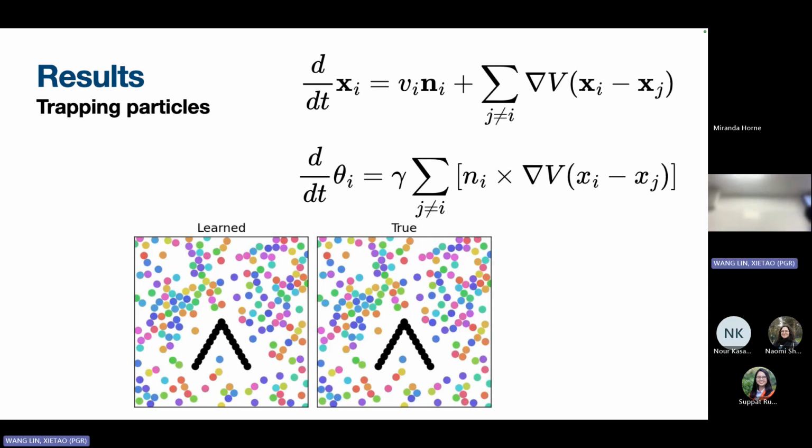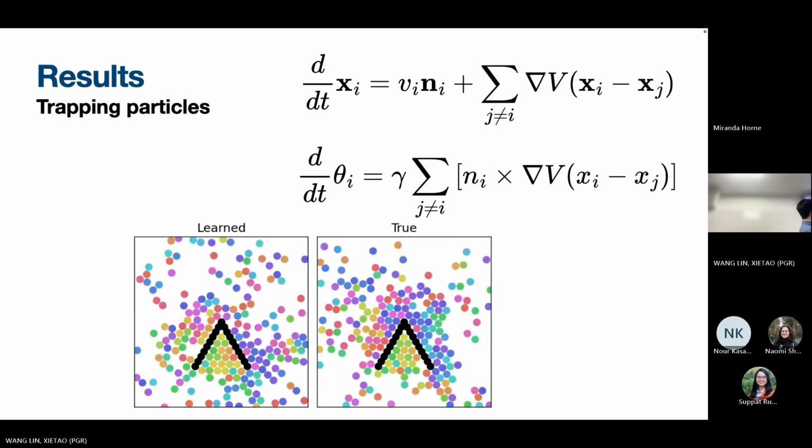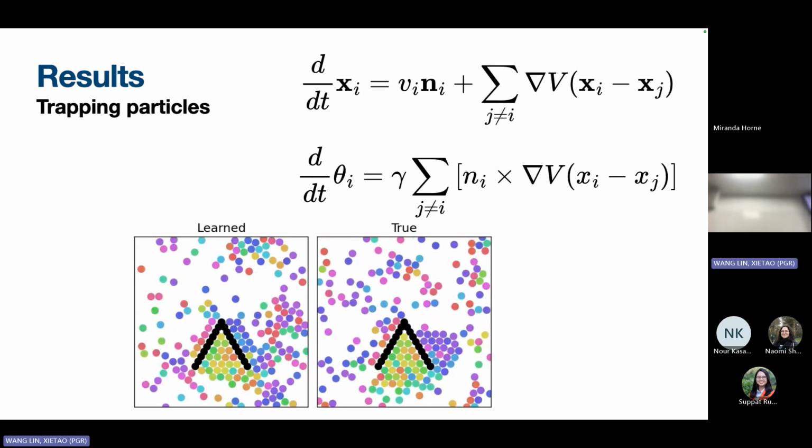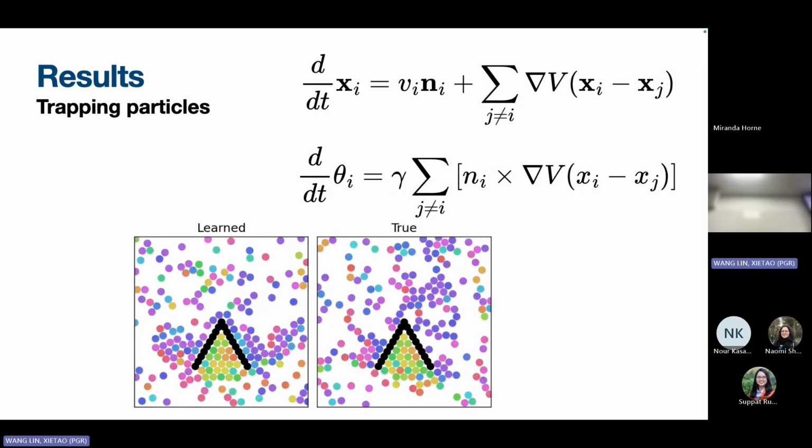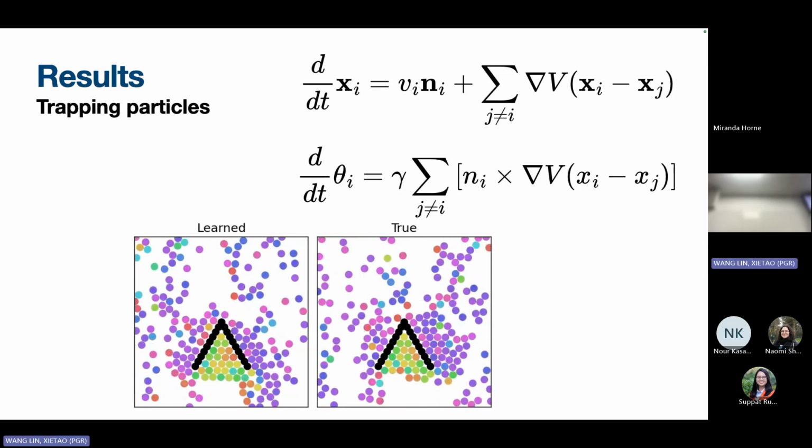What this should do is that when the particle enters here, the torque is going to rotate the particle so that it points towards the apex. Just a bit, just enough so that it gets stuck in the chevron. So if we were to simulate this, the particles will just go in and get stuck. And the other particles don't have a space to go, so they will just float around.